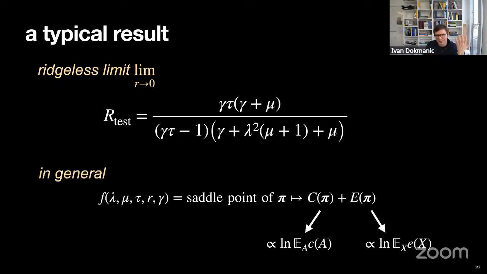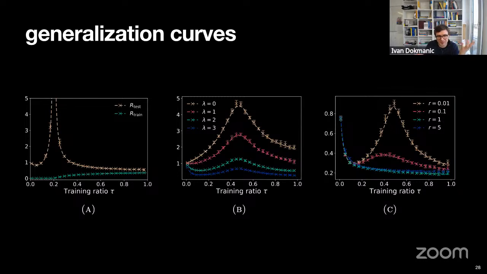And you can get similar formulas in more complicated cases, or if you don't get a formula, then you get some sort of a saddle point equation that you can solve in a microsecond, but essentially you have a very precise characterization. And so here are examples of plots against the training ratio. What you're interested in is some kind of error, training error or test error, against the training ratio. So the crosses here are actually trained networks, performance of trained networks of finite size, like 1,000 nodes. And the dashed lines are the theoretical curves. As you can see, they're in excellent agreement, which is pleasing and nice.